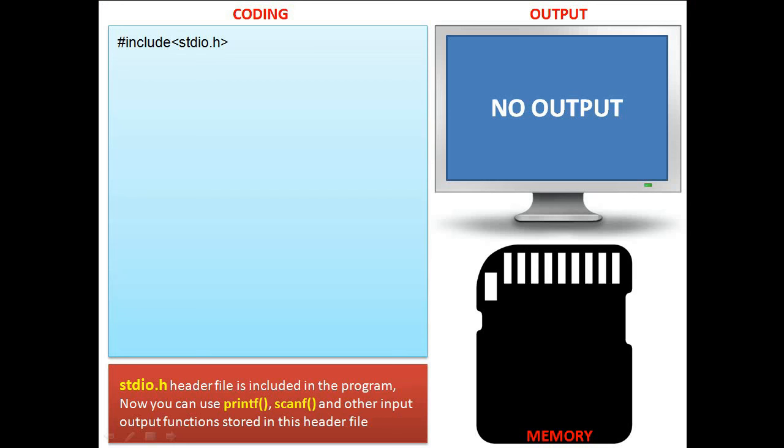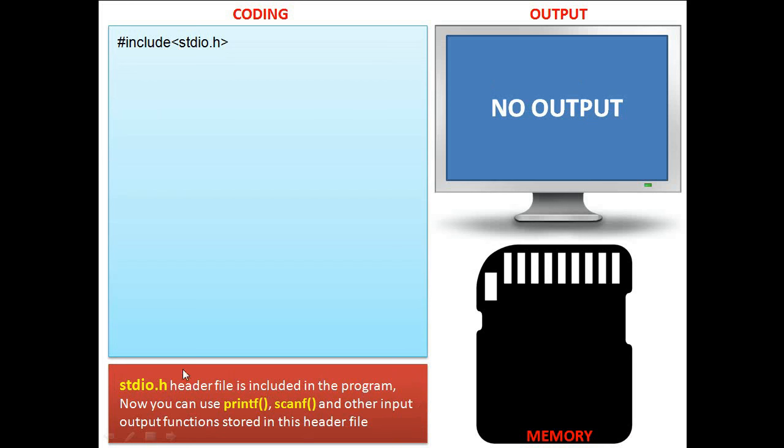So first of all, let me introduce you to the GUI which I used. This particular section is for the coding. You will see the step-by-step lines of source code here, and this section will show you the output on the screen, and this section is for memory related operations. You will see all the memory related operations performed in the program here, and this particular section is for the